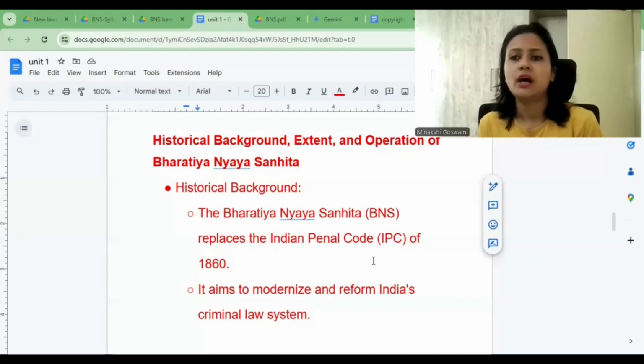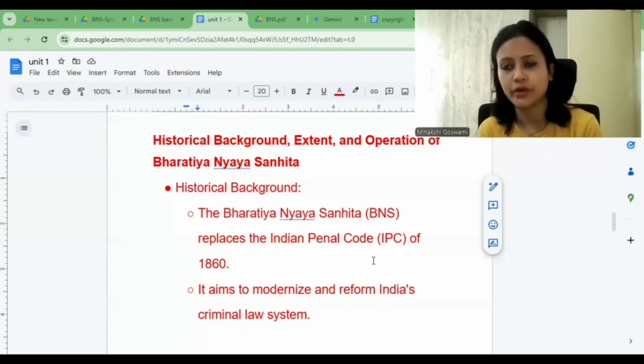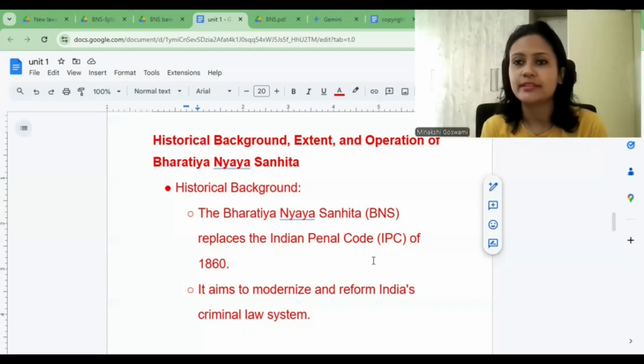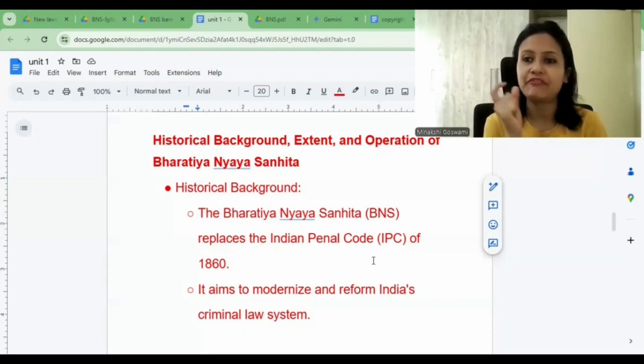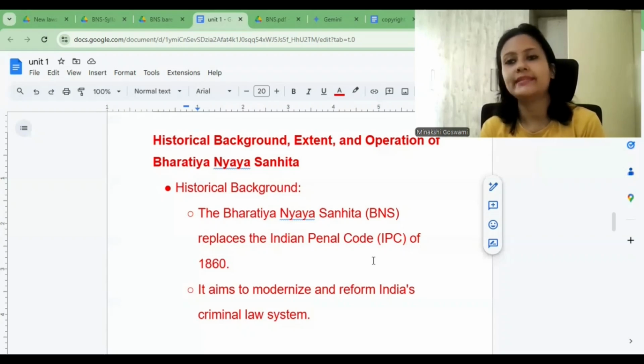So when we talk about BNS, it's not merely a cosmetic update, but a substantive reimagining of the criminal law in the country. It's not like whatever provisions were there, we just made changes in the sections, but we have also added whatever new things were required, wherever changes were required, everything was done in this new legislation. When we look at BNS, we see that it throws attention on the principles of justice. It seeks to balance the need for effective law enforcement with the protection of individual life, rights, and liberty.